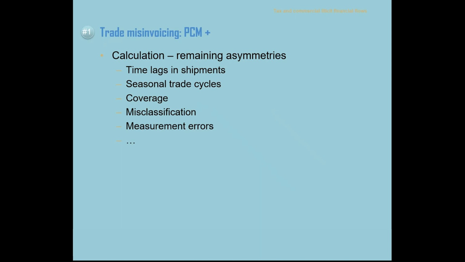of course, there are several other remaining asymmetries, which could influence our result in terms of assessing the value of the illicit financial flows. We know that the trade asymmetries can also arise from time lags in the shipments or the seasonal trade cycles and so on. For example, in the seasonal trade cycle, we might have a higher trade at the end of the year. The time lags in shipments would